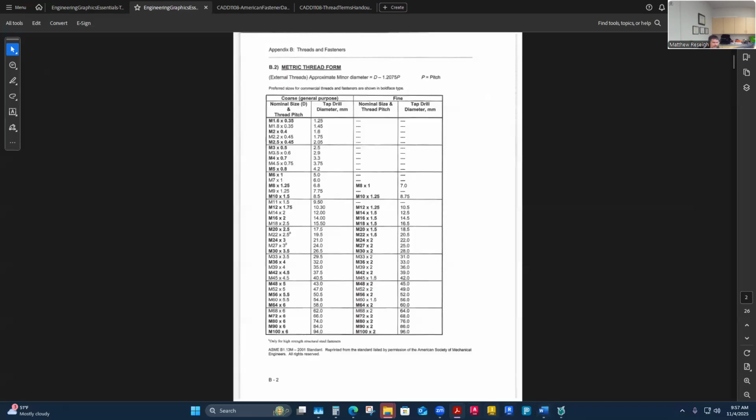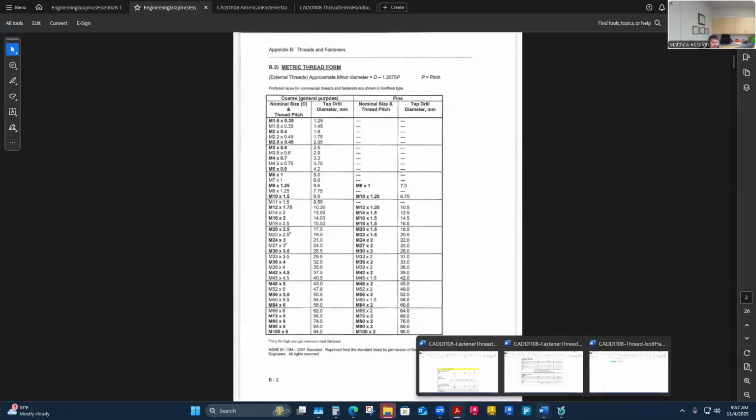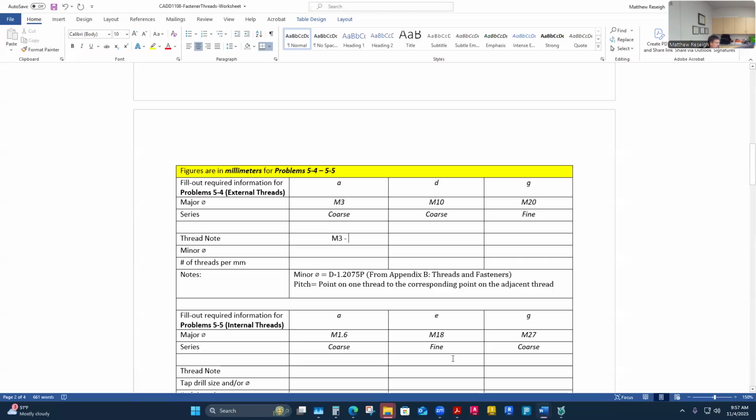So I'm going to go back to my worksheet here. Yeah, M3 by 0.5. And that's all the information we're really given. In order for us to give a thread note for this, they've only given us these two pieces of information. The next thing they could have given us was whatever was going to go in the next column over of